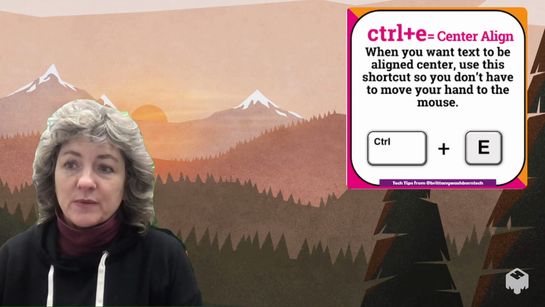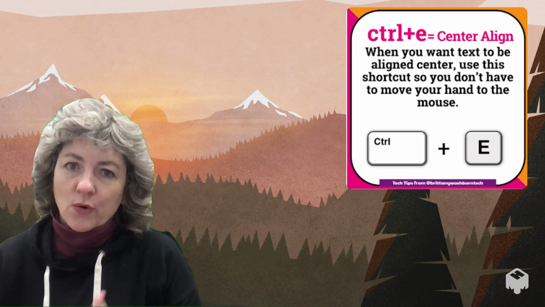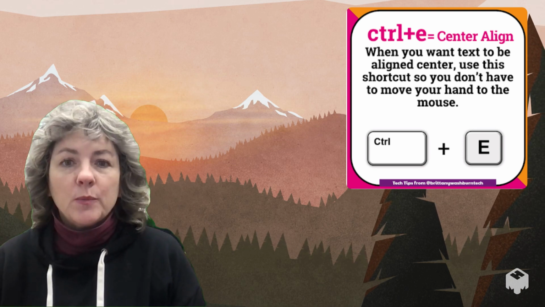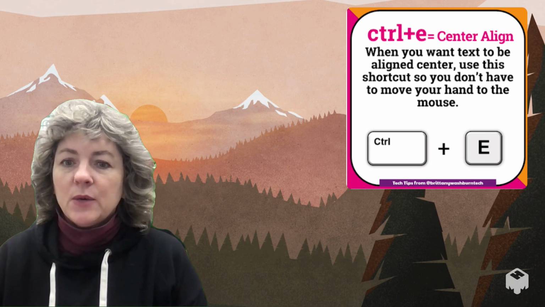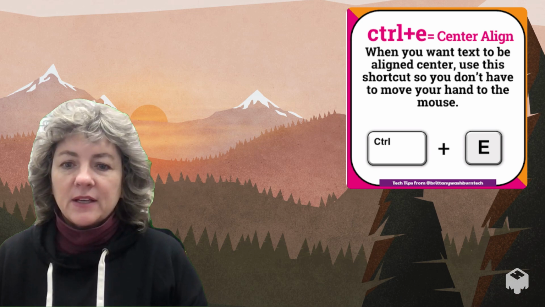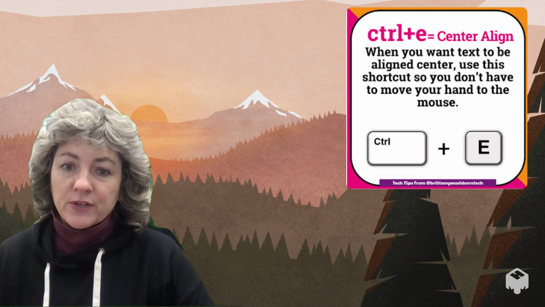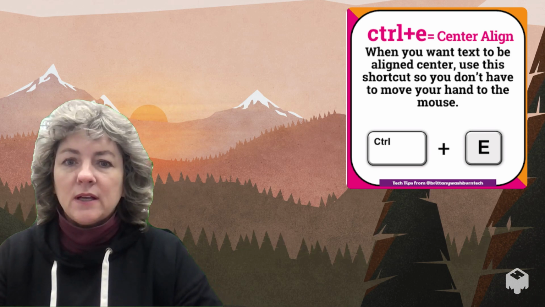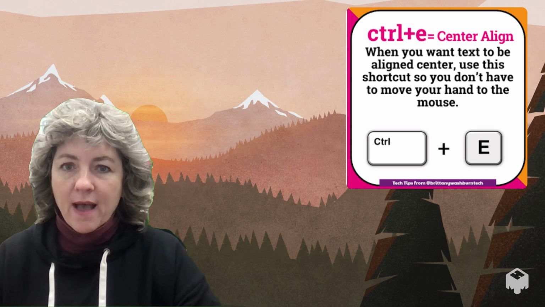All right, the next one is if you want to center a line. I love this one because sometimes when you have to go up to your editor bar and you have to go find the different features, it can take a long time. This is really simple. Put your cursor somewhere on the line, whatever you want to align to the center. Put your cursor there and then Control, now this is important, it's a capital E. So it's probably for you going to be Control-Shift-E, and that will center align everything on that line or that paragraph,